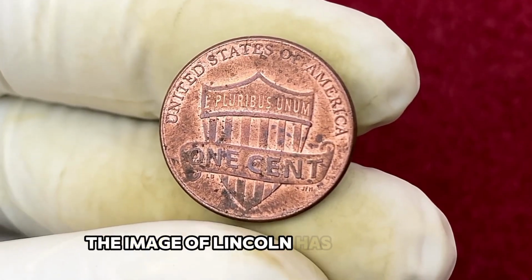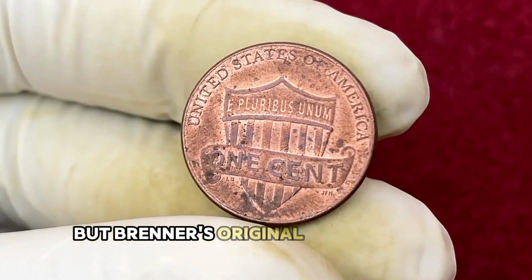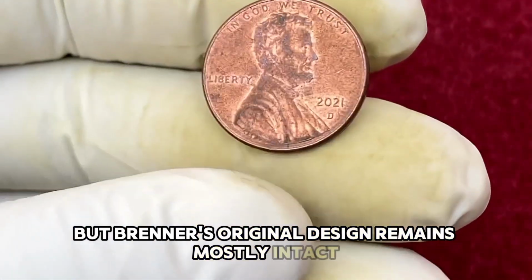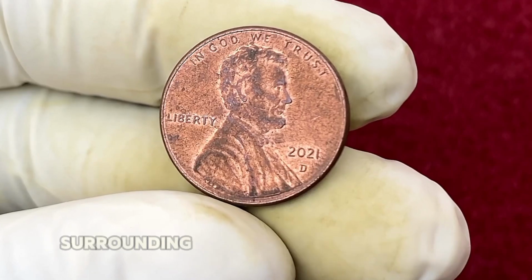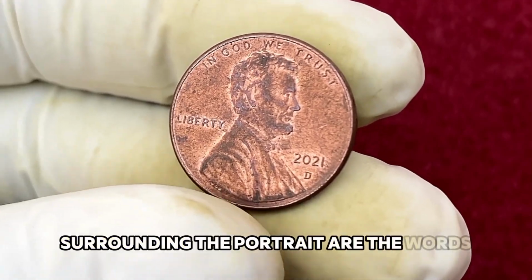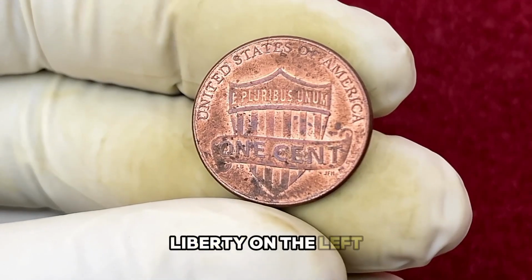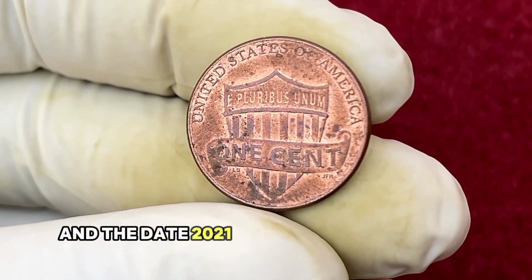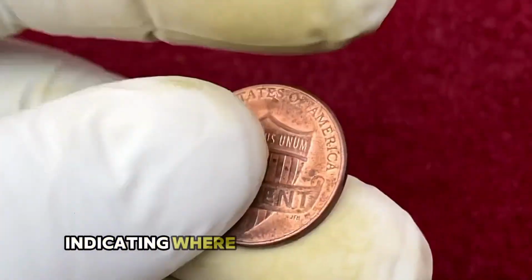The image of Lincoln has undergone subtle modifications over the decades, but Brenner's original design remains mostly intact, maintaining a timeless tribute to the 16th president. Surrounding the portrait are the words "In God We Trust" to the upper right, "Liberty" on the left, and the date, 2021, positioned to the right of Lincoln, with a mint mark beneath the date indicating where the coin was produced